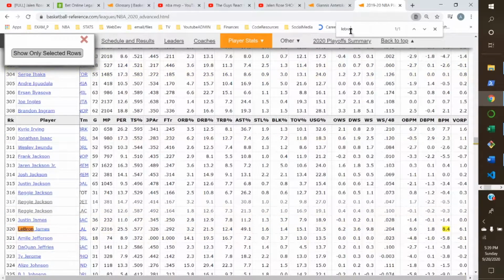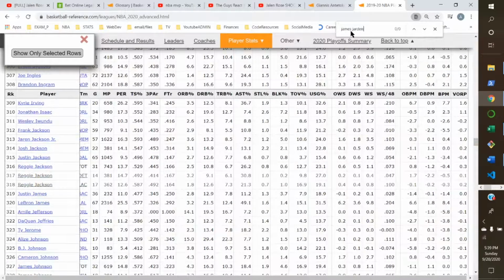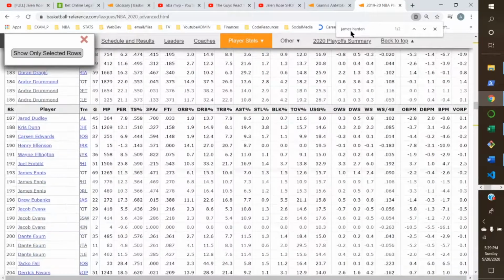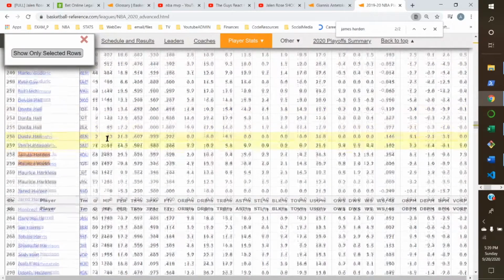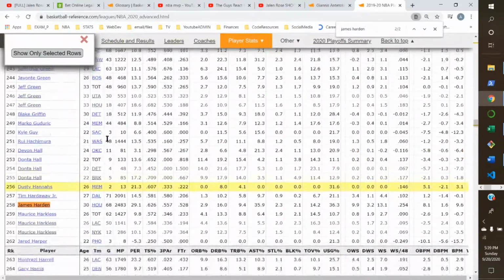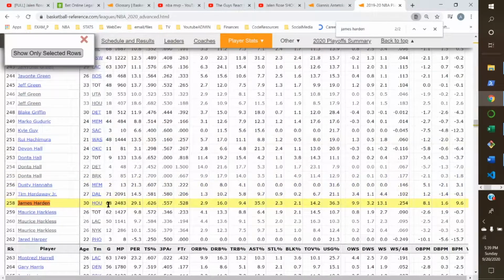Now, just in fairness, let's check out James Harden. All right, so PER at 29.1.